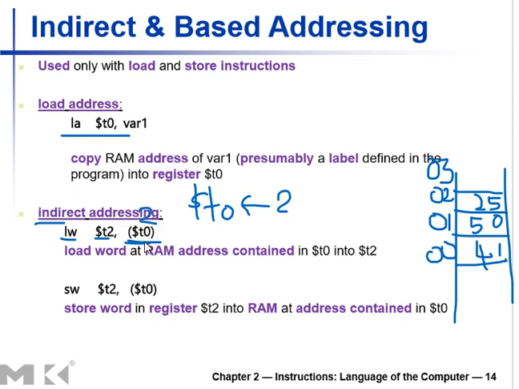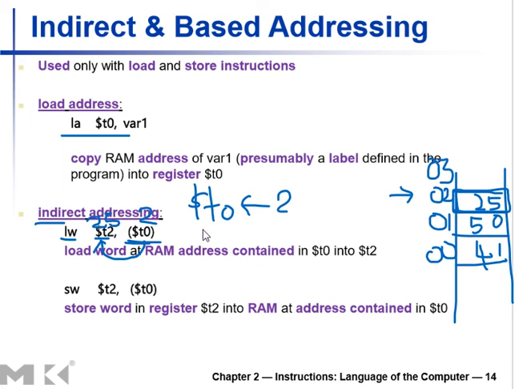What is the 2 here? 2 is not a value. It's written inside the bracket. That means 2 is an address. So what is the meaning of this? Go to the address 2. Address may have a value. That value you move to register T2. So go to the address 2. This address is pointing to a location. That location contains the value 25. So this 25 is loaded onto register T2.